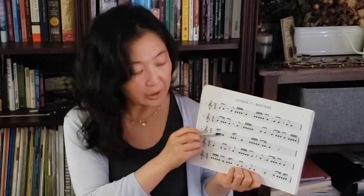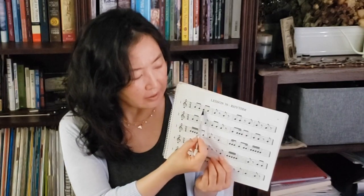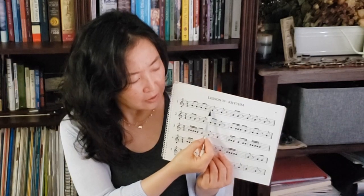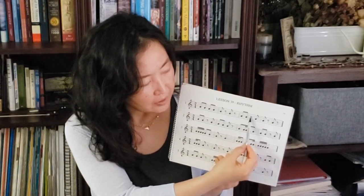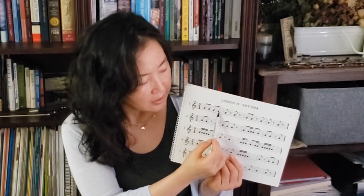Okay, so this is kind of the same type of thing. We do have some pony runs coming up here, and then 39 is where we see the eighth note that stands alone, but now it's sitting in the first position, not the second position. So what I mean by that is if there were a stop, stop, or a pizza, right? Now this eighth note is sitting in the first position, so this guy would be kind of like this guy. Whereas before we saw the eighth note that was in the second position, so there's a silence, then an eighth. So he would be more like this guy, so a silent